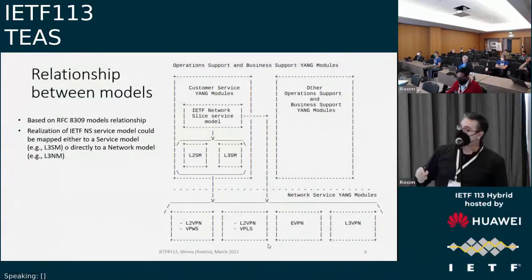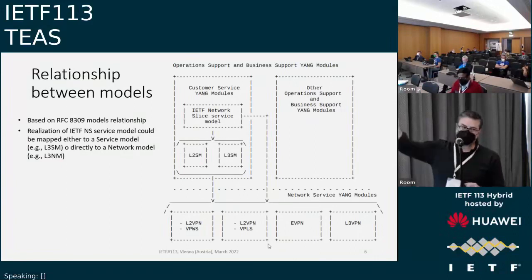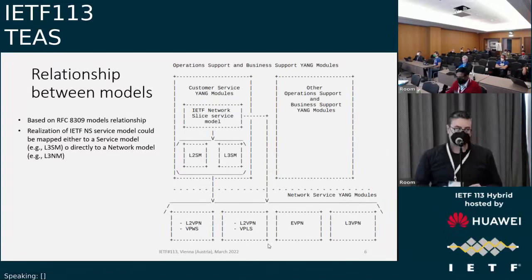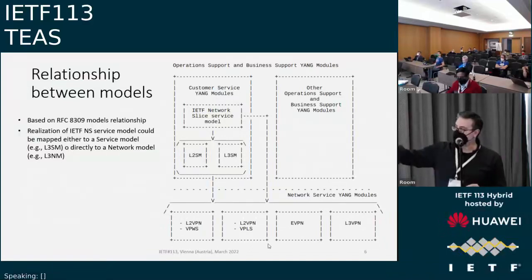Here, probably the arrow, as it is depicted, is a little bit misleading, because the intention is not to reflect a kind of east-west interface, but rather a southbound interface or a southbound translation. So we will correct this in the next version. The idea that we reflected in the draft is that we could have this kind of relationship between the models, taking the parameters and attributes of the network slice model and translating them either to a service model